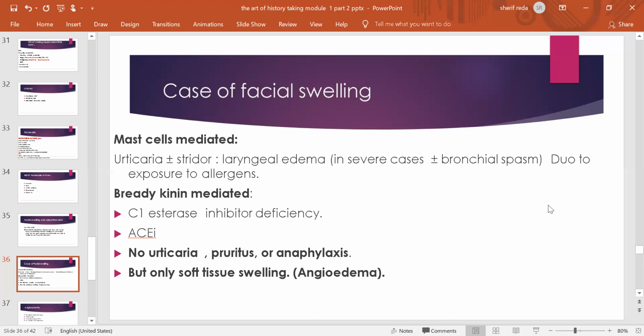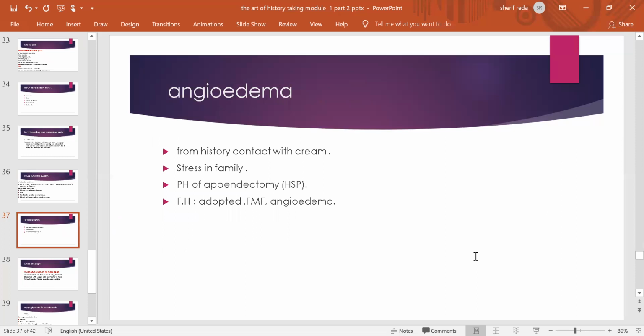As I told you, there will be no skin manifestations or anaphylaxis, and the patient will have only soft tissue swelling in the form of swelling of the face or abdominal pain, and sometimes laryngeal edema as a part of swelling of the soft tissue. So in this patient, you will find